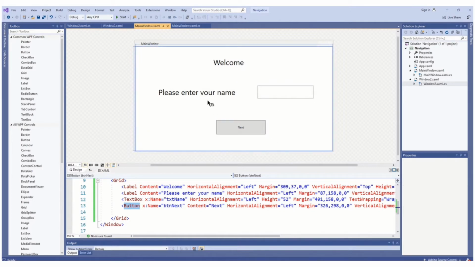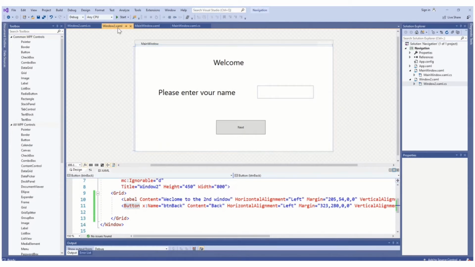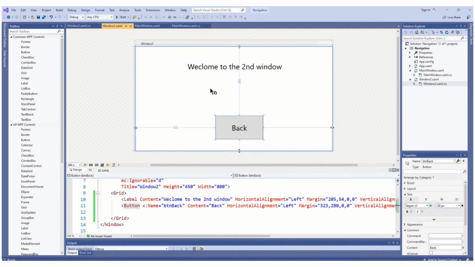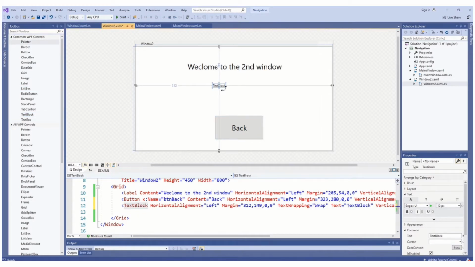So in the example we've got just now, we've got the user entering a value into this text box, which is intended to be their name. What we would like to do is actually take this value they enter, their name, and share it with the second window. So on the second window, I'm going to add in a text block which displays the name from the first window. So I'm going to add in a text block